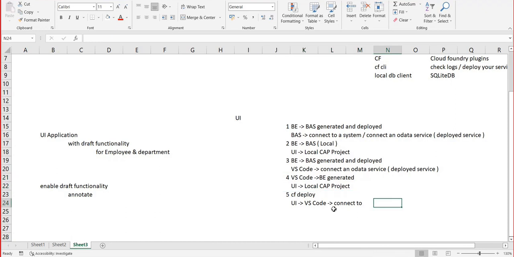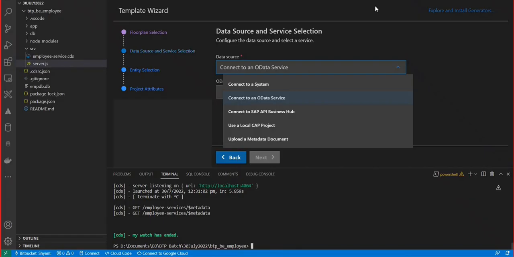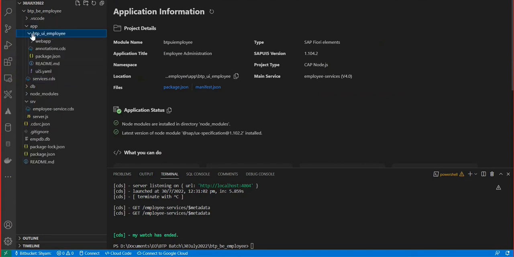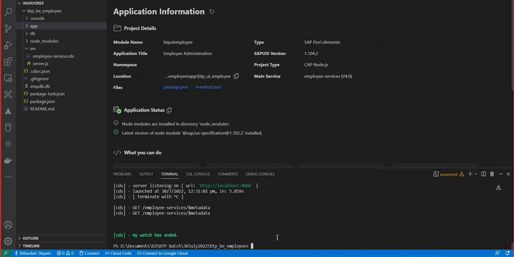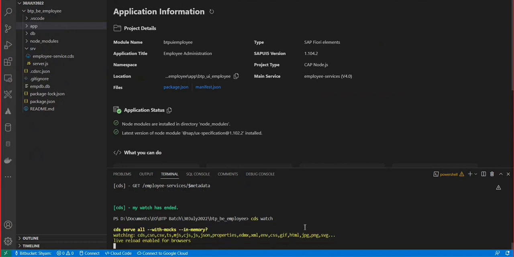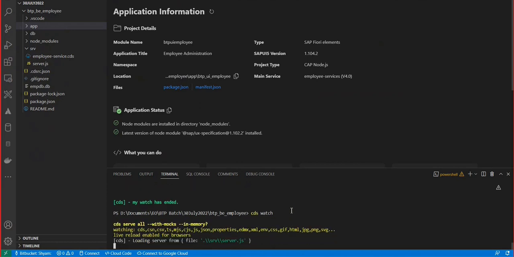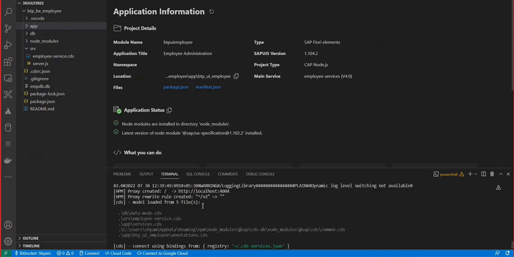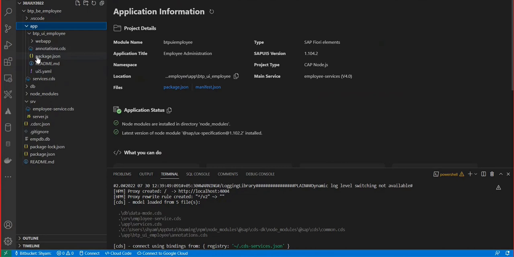Okay. Now here we just generated the app. If you see, it says application got generated, and the moment the application got generated, you would be able to see it in the BTP UI. Now I can simply go the same way and say cds watch. But now if you see, it is connecting to multiple pieces of information. It's saying app services.cds. It is connecting to this as well, and this is responsible